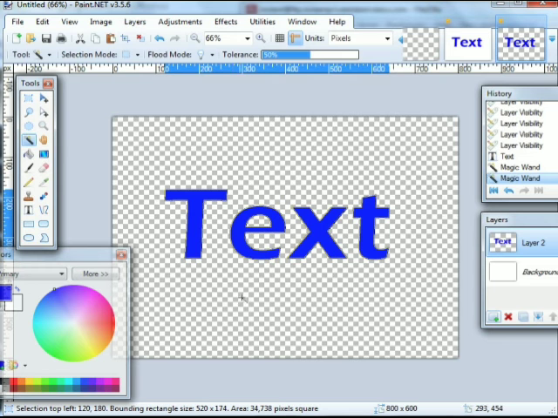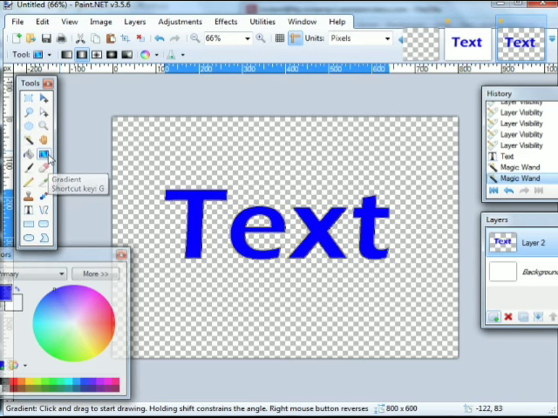Once that's done, you simply click on the gradient option here. There are different types of gradients. There are linear, reflected, diamond, and as you can see, you can get an idea of what it is. So I'm just going to choose linear, and what that means is now that we have this text selected, all you have to do is click anywhere you want,